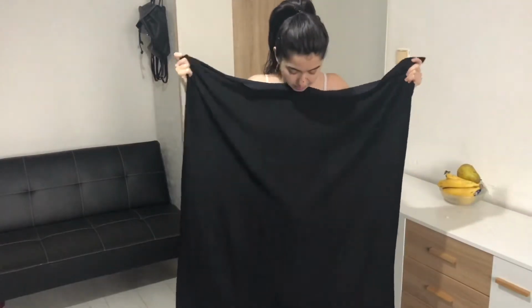In this one I'm just gonna be showing you how to sew a very simple pencil skirt, and I hope it can be useful to you for when you want to create your own. Let's get into it. This is the fabric that I'm gonna be using